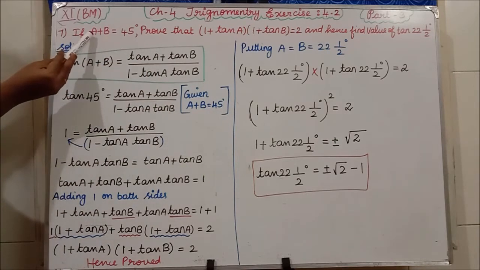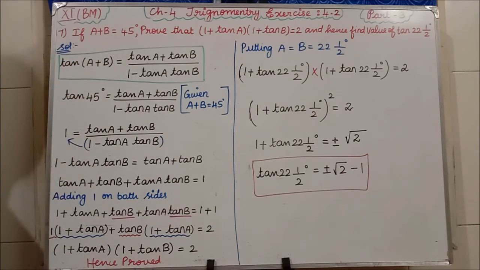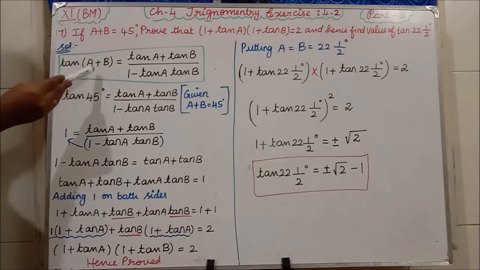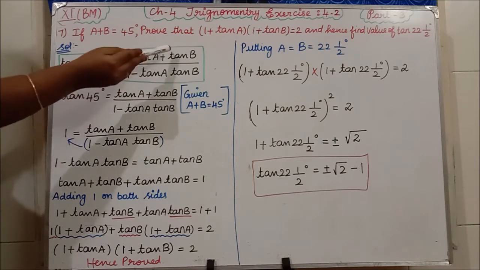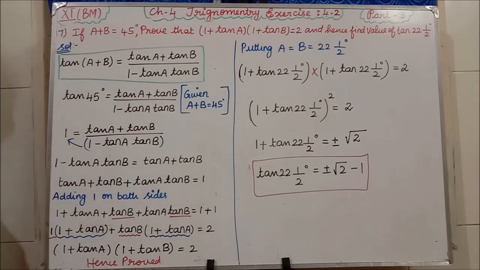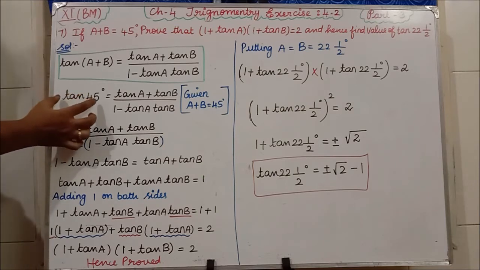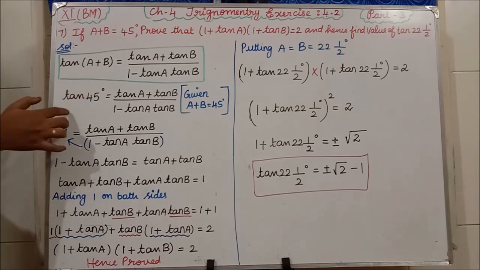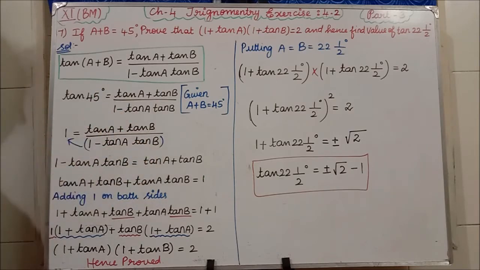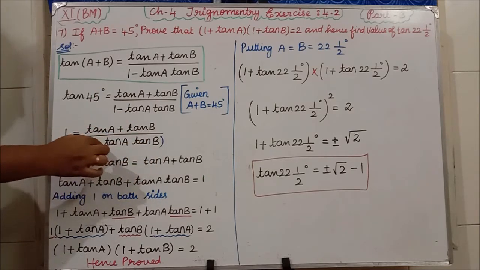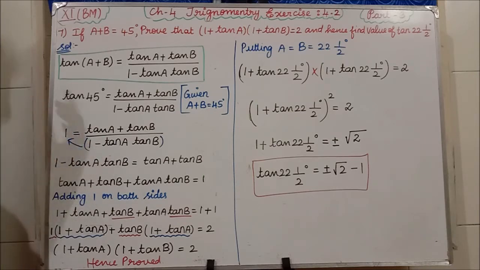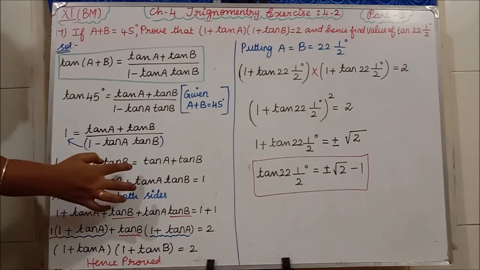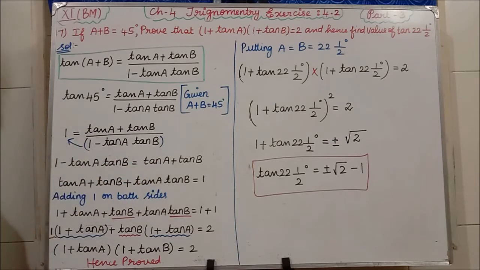Isn't it? In the question they have given a plus b value is what? 45 degree they have given. So in the place of a plus b I am writing 45 degree: tan 45 degree is equal to tan a plus tan b divided by 1 minus tan a tan b. Okay, now tan 45 degree you all know the value is 1. So this side I am writing as such, and multiplying the denominator I am doing the cross multiplication with this 1. So 1 into anything is what? Same only we will get. So I have written 1 minus tan a into tan b is equal to numerator tan a plus tan b.